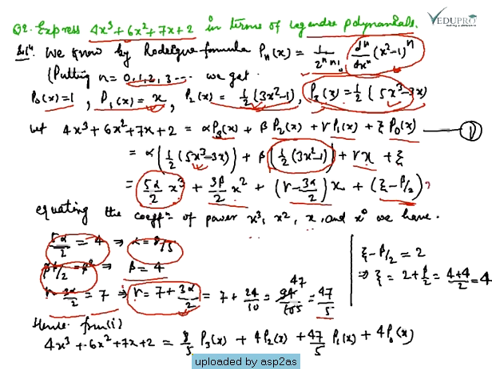Now here we can show x to the power 0. If we equate the constant term coefficient on both sides, the x to the power 0 coefficient, then we have zeta minus beta upon 2 is equal to 2. So this one is zeta minus beta upon 2 is equal to 2. So this implies the value of zeta is 4. Now putting all these values alpha, beta, gamma, zeta in the first equation, we have 4x cube + 6x square + 7x + 2 is equal to, alpha is 8 upon 5, so we have 8 upon 5 P3(x)